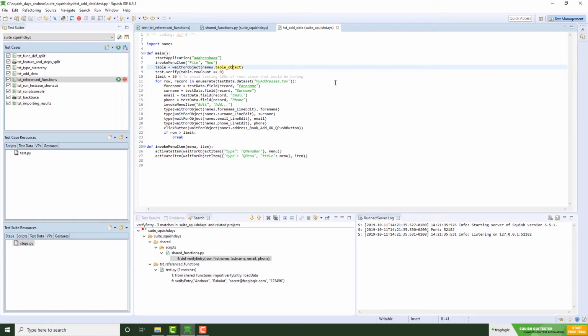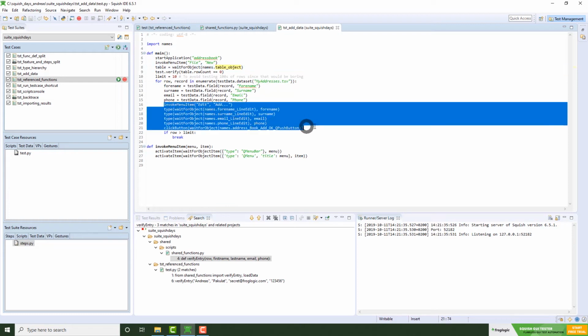The next thing I'd like to show is related to refactorings. It's extracting a method from a piece of script code. In order to do that, I can select a couple of lines of script code that I'd like to move into a separate function. For example, because I intend to reuse this piece of code more often in other test